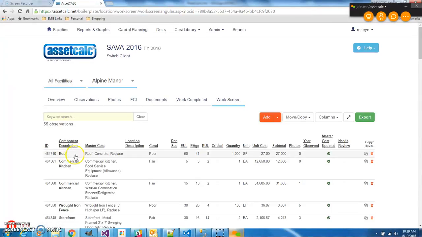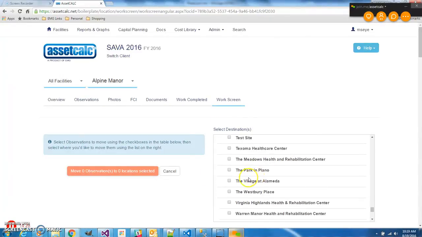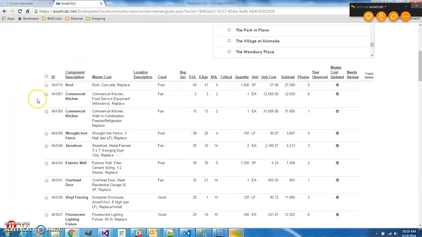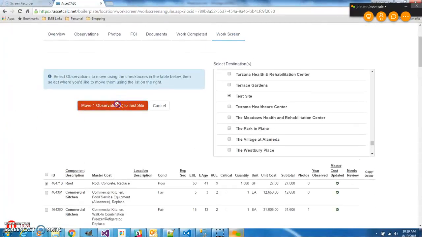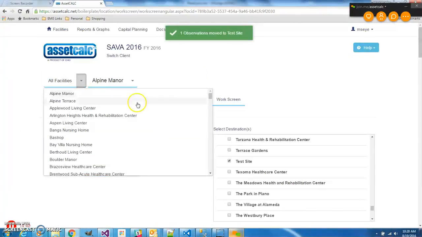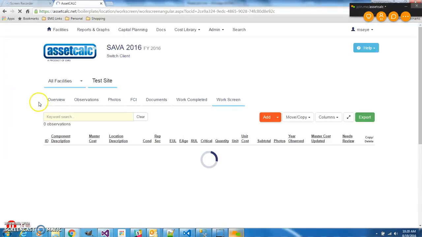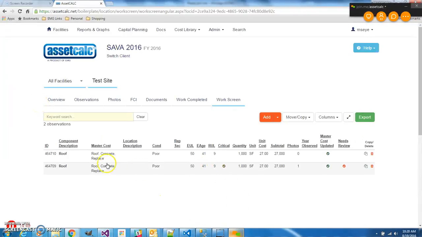Okay, you can copy, you can move observations. Now we copied this. I know this is not its place. I want to move it. Same thing, move it. We want to move it back to the test site. You need to select it, move it. Okay, it goes away. If you go to test site now, you should see that we have 2 observations in there of exactly the same thing. You see, exact information. Okay, keep in mind that when you're making a copy, you cannot copy